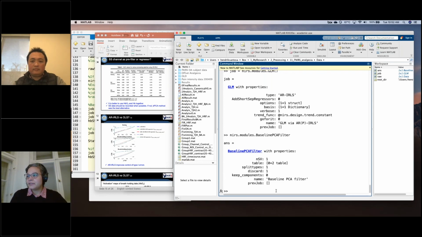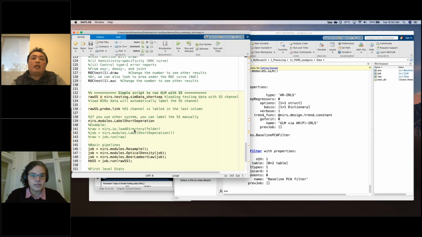At the beginning of the demo, you used simulated data for short channels. Do you have anything like this in the toolbox version, or is that a new feature recently added? This short separation example that you put there, this is new in the toolbox, I guess, right? Not too new. I think Ted already uploaded this one a couple of months ago. Okay, so just some months ago.